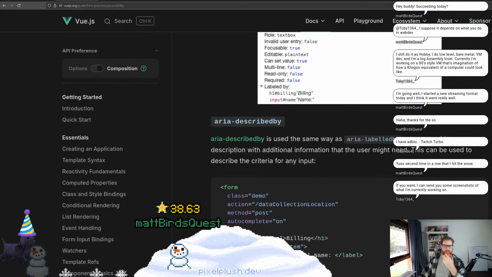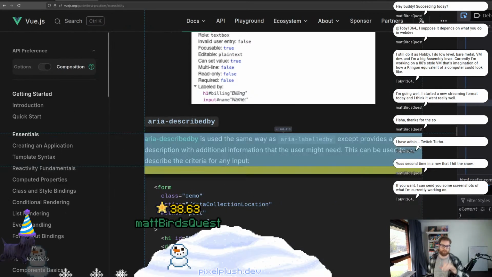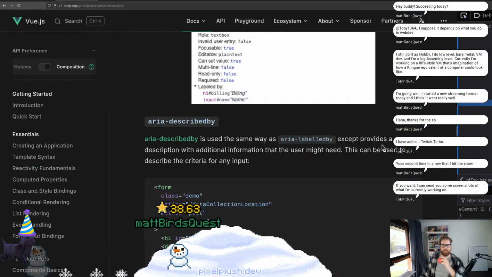Same way as ARIA label, except it provides a description with additional information that the user might need. Oh, sorry, I should scroll so you guys can actually read the whole thing. This can be used to describe the criteria of any input, which is what we kind of want to pass down. Alright,